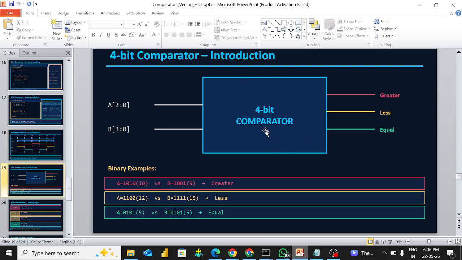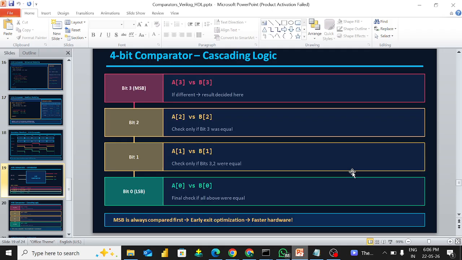Next, the 4-bit comparator. The 4-bit comparator works like that only. Just practice this 4-bit comparator. Apply the same concepts of MSB and LSB inside the comparator logic, and then create a design code and a test bench code for this 4-bit comparator and run it inside the EDA Playground, and study the 4-bit comparator